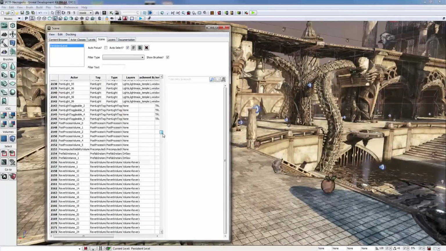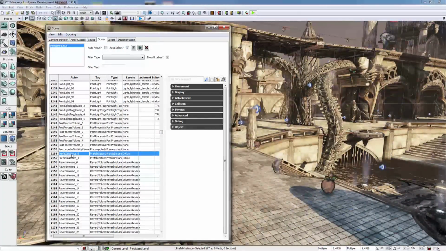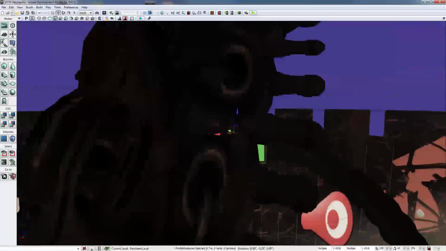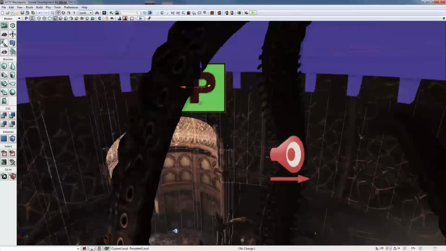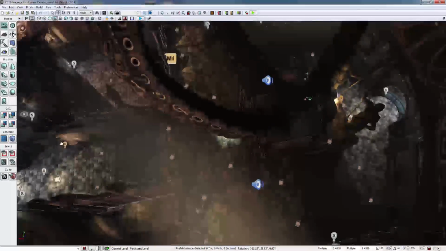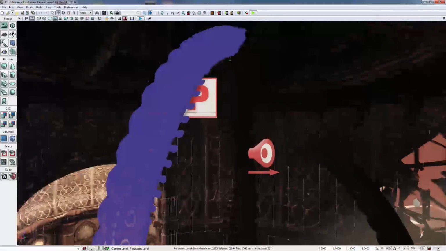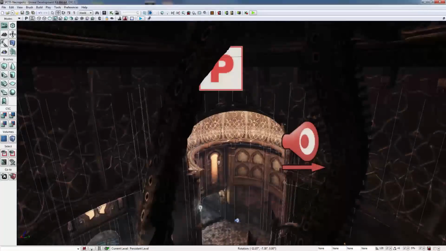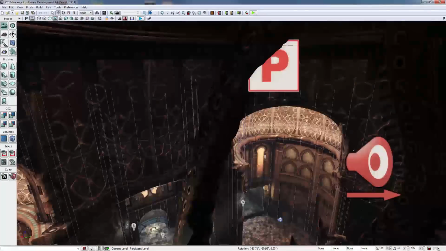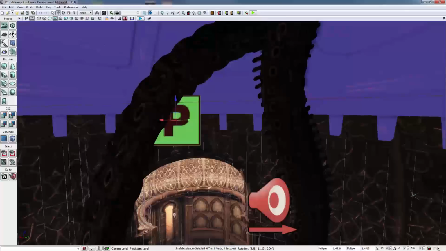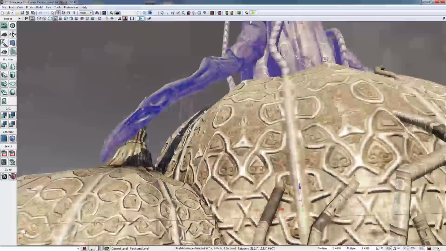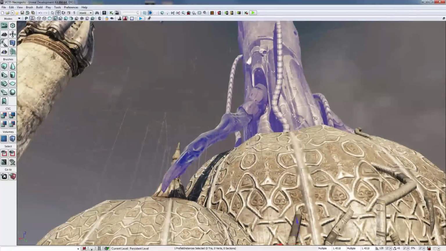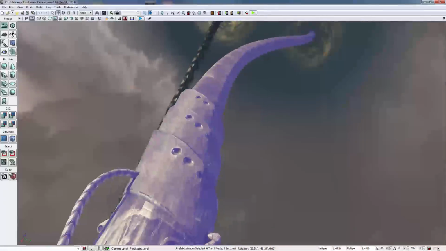Prefab, here we go. Here's a prefab. What is the prefab exactly? Is it that nasty looking thing right here? Oh, I don't think it is. So anyway, what prefabs are is you build stuff and then lock them together. Oh, wait a second. No, it's this thing. Ah, it's that right there. That's the prefab. So this is actually made up of several different objects, and